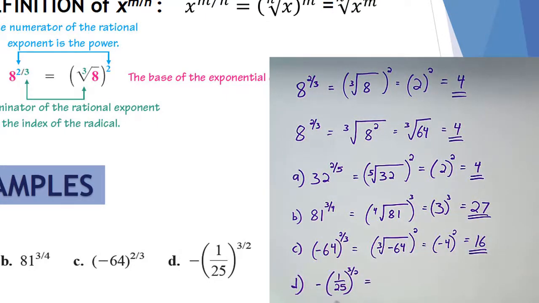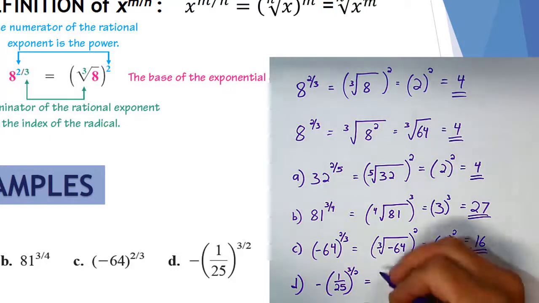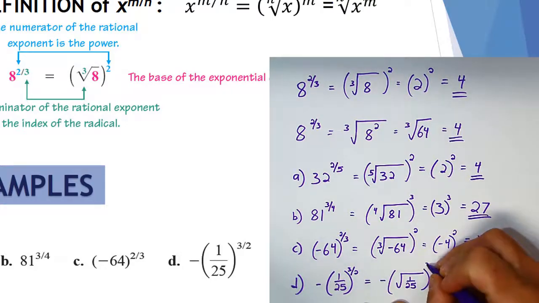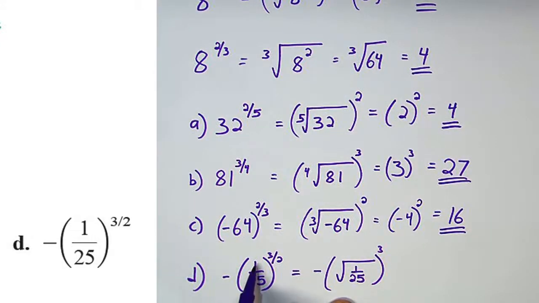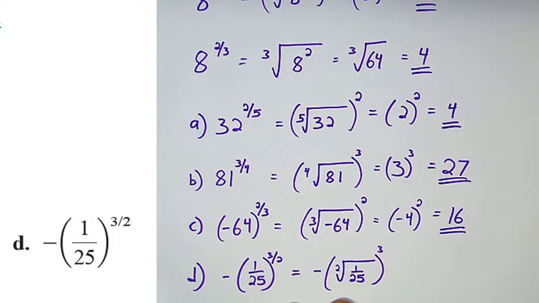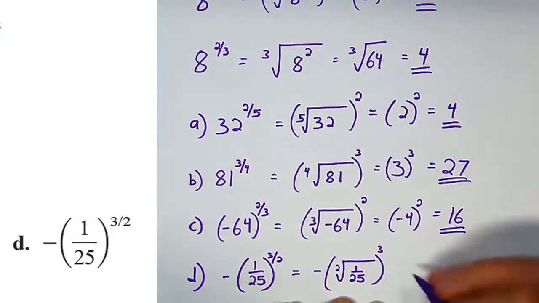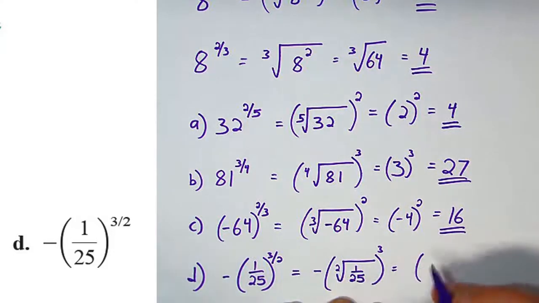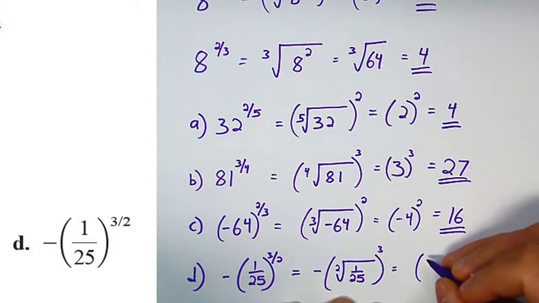Okay, negative 1/25 to the 3/2 power. Our negative sign is just going to stay out in front of the whole thing here. That's going to be the square root, or if you wanted to put that 2 on there, you can, the second root of 1/25, but that's going to be cubed with a negative sign out in front of the whole thing. If we take that a little bit further, the second root of 1/25, or the square root of 1/25,